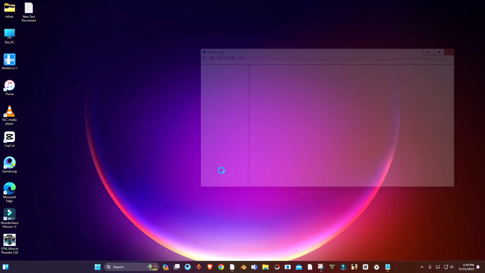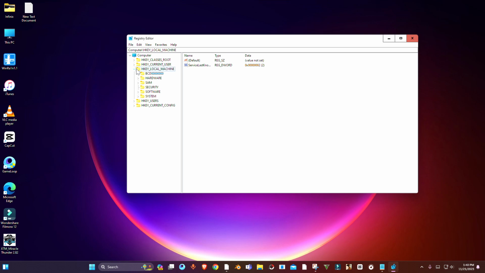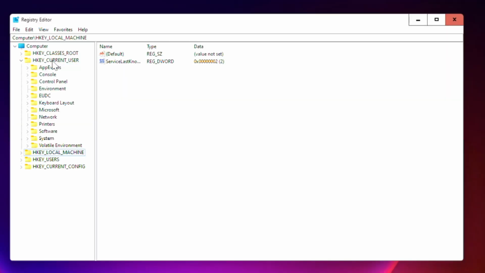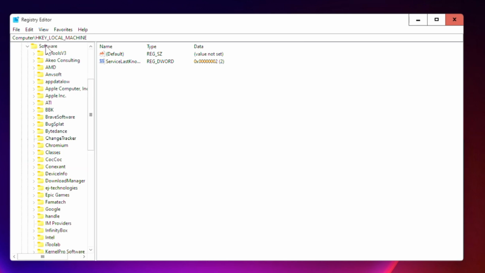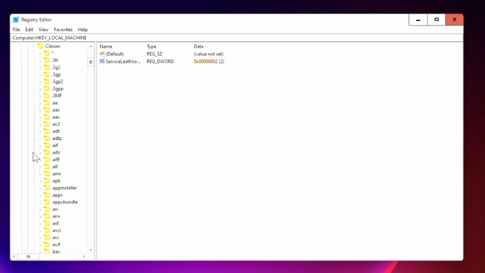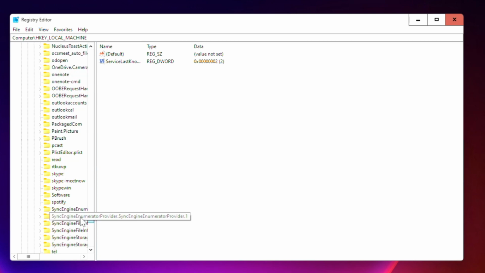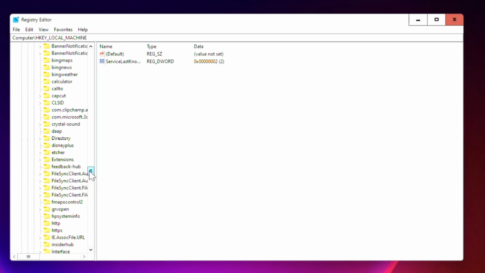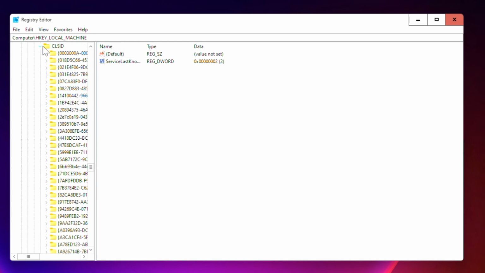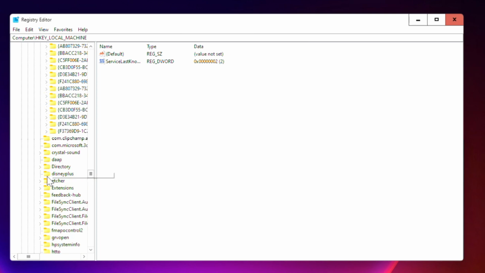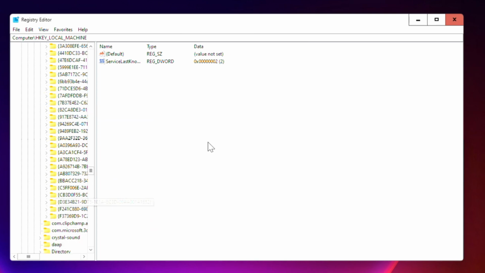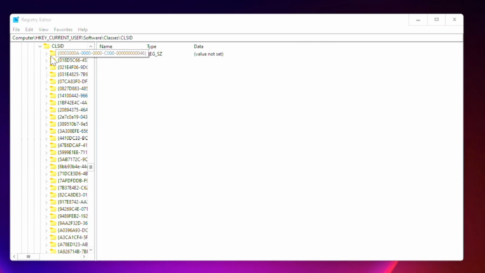So for this, go to Registry Editor, and open the HKEY_CURRENT_USER, Software. Here find the Classes, simply open it. Well, now from here you have to find the CLSID, and once you're there, just keep it open,